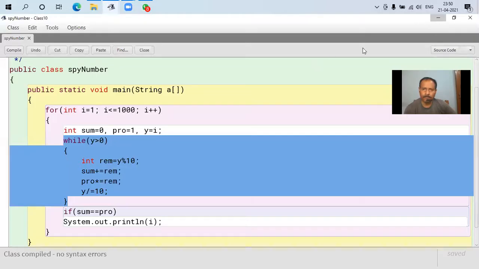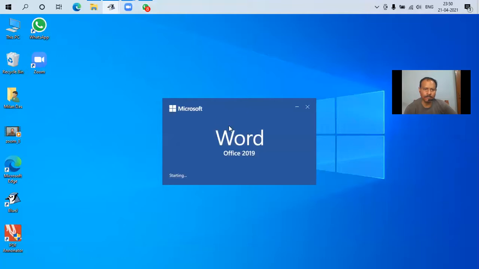Once again, what is a method? Better I put on my MS Word first and give you the definition in writing form, as I would have done in the classroom. So let MS Word open.